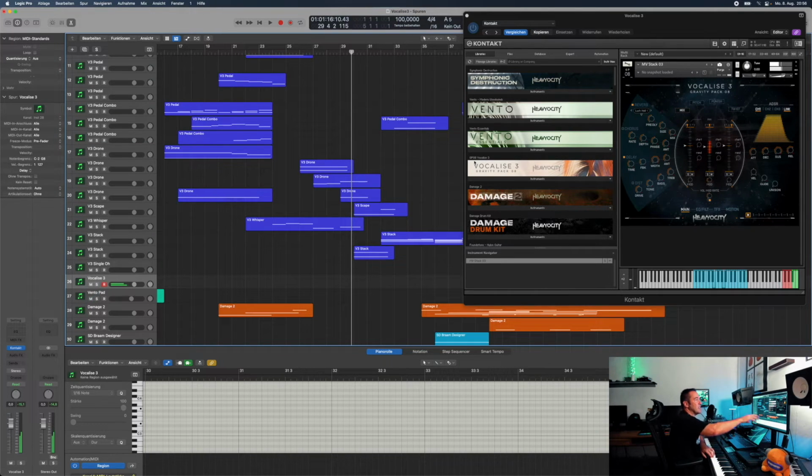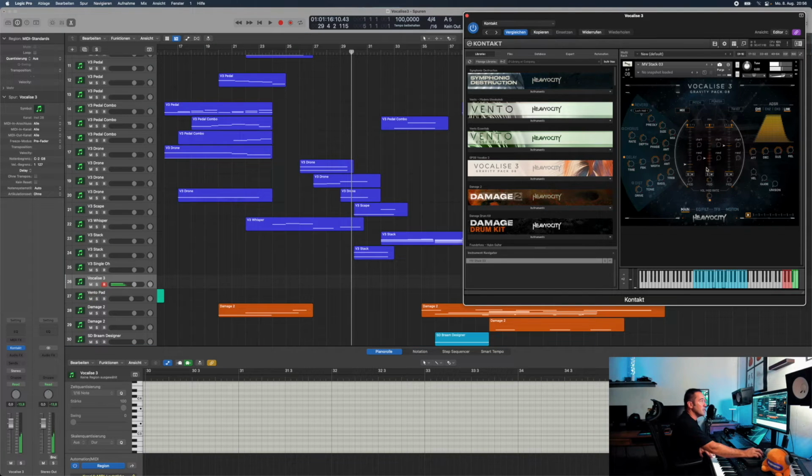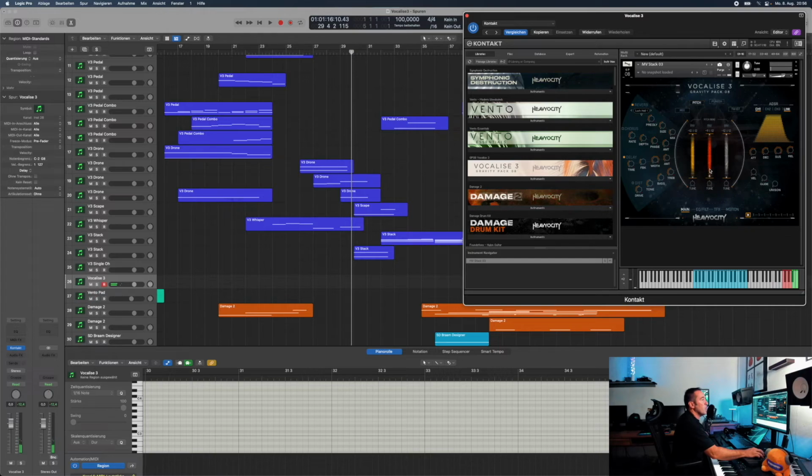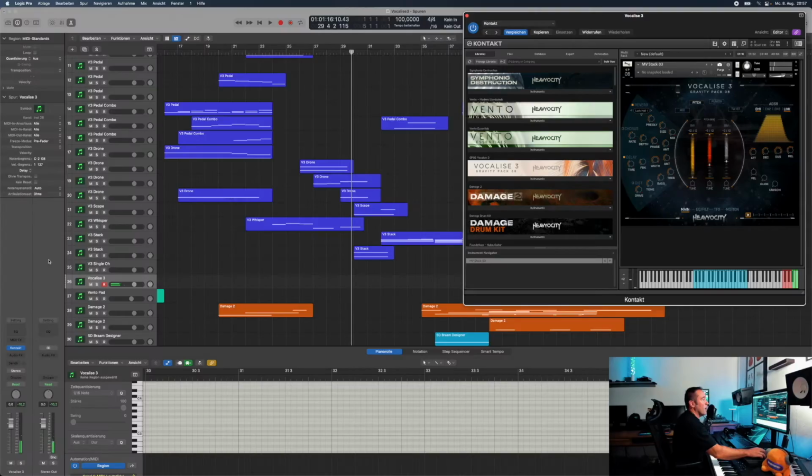Just to show you. That's, for example, a vowel stack with the 3 channels, and I do have here the mixer where I can mix the volume to my likings. Another really cool feature is the pitch bend down 1 octave. But I can even say, no, I don't want everything going down an octave, so this one I go down only 5 steps, this one only 3 steps, and that's the cool thing about the mixer here.